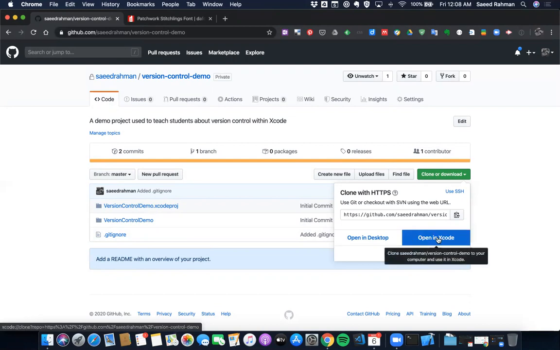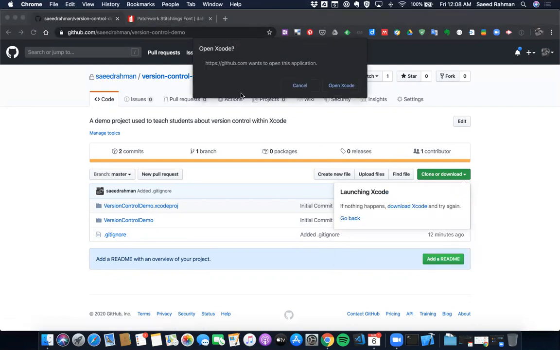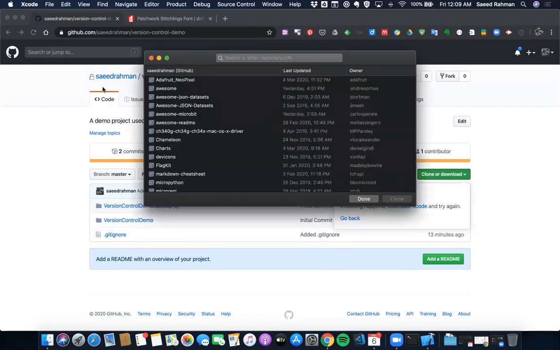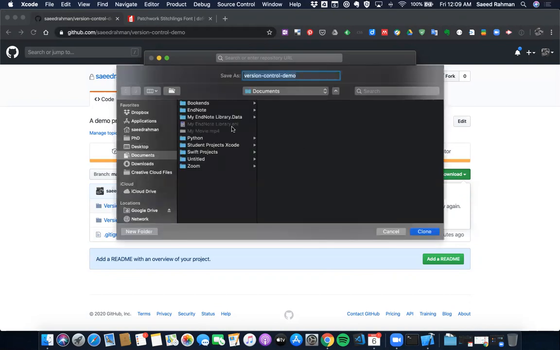Okay, so what we want to do is just click on open in Xcode, and once you've done that, it's going to ask you, do you want to use this to open up Xcode? And I'm just going to click on yes. I'm just going to click on that, and we actually added our account. I don't know if you recall, previously we added our account, and you can see here that it's found the repository, and it wants me to save it now. So I'm just going to save it on my desktop, and at this point you can actually change the name